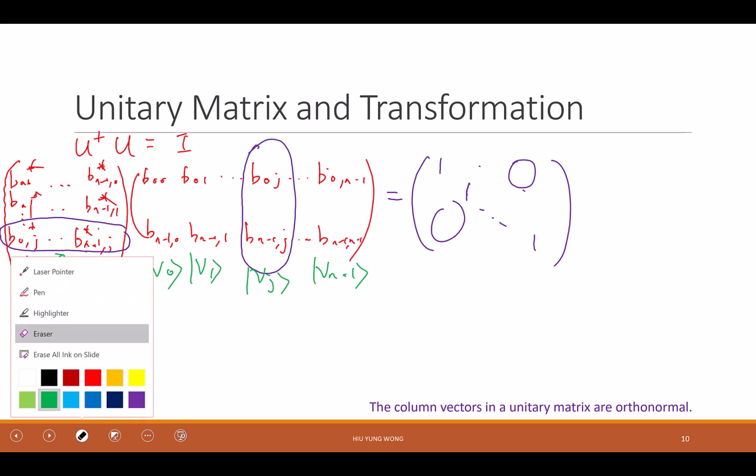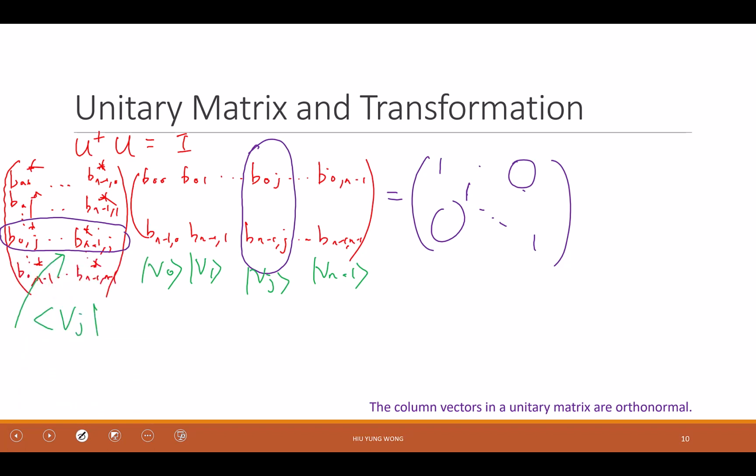Do you agree with what I'm saying? This row is just the brown version of this column. Because this column is vertical, I call it Vj. I rotate it and take the complex conjugate, right? And that basically is saying that for any column, Vi times Vj equals 1,